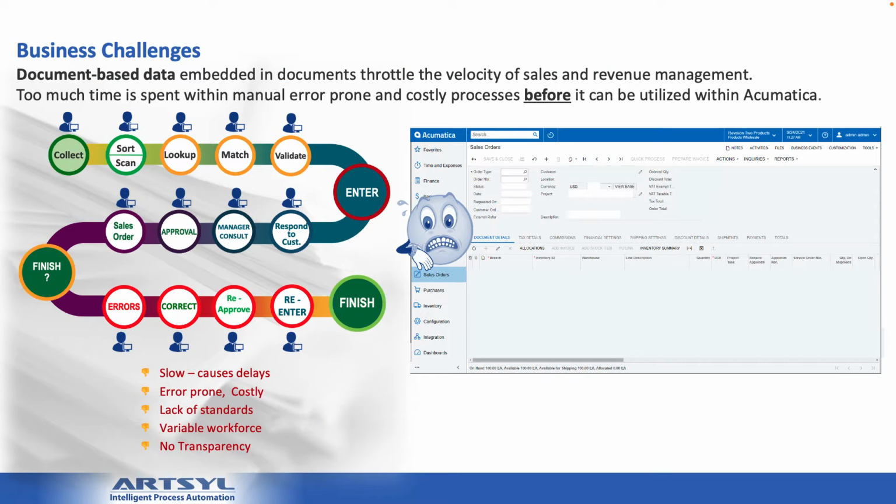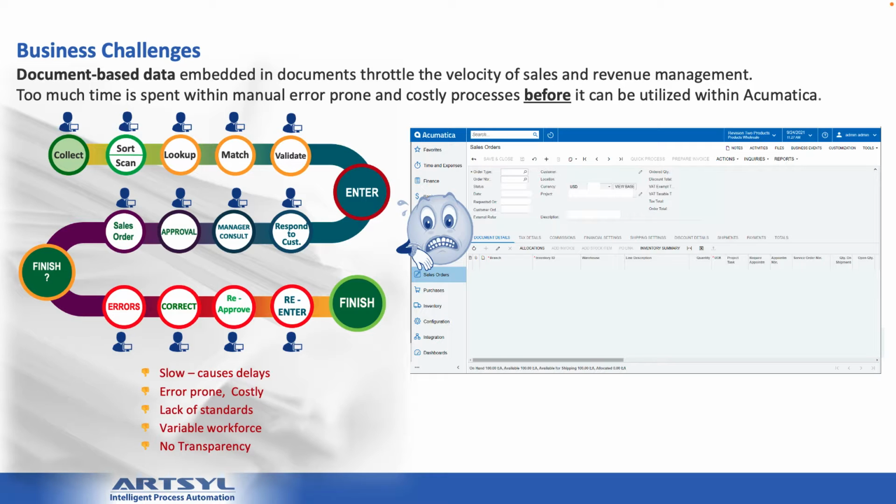You see, the problem is document-based business processes, such as orders, have information embedded within them which needs to be transformed into transactional data. Typically, this is a tedious manual process fraught with errors. It delays order fulfillments and is very costly, which also diminishes your investment in Acumatica to make your business more efficient,